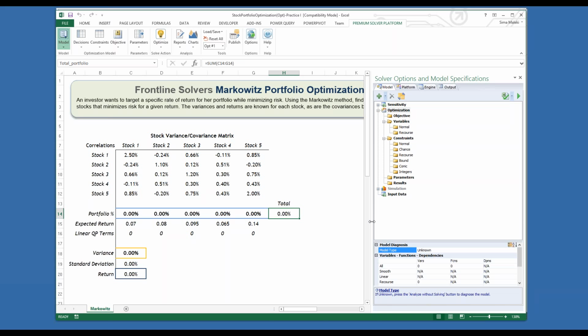In this problem, the variables are the percentage allocations of funds that we can invest in each stock. So let's define the decision variables using the ribbon together. We can reserve cells C14 through G14 to hold the percentage allocations of the funds, or the decision variables. So let's select these cells and then click on Decisions to define them as normal decision variables. And you can see in the Model tab that allocations, which I named these cells allocations, are now added as